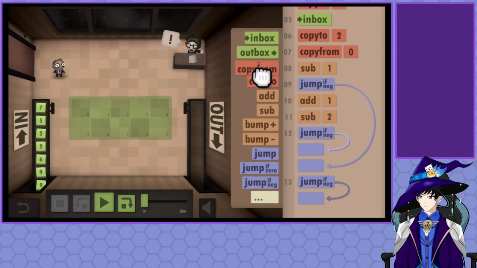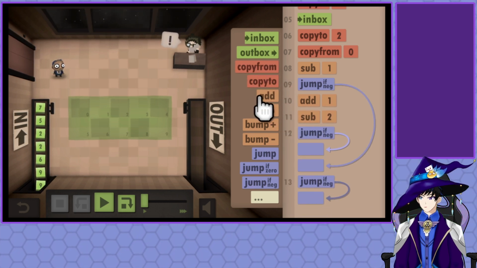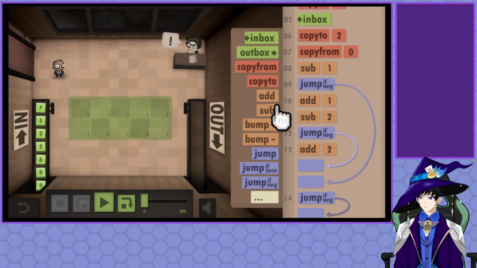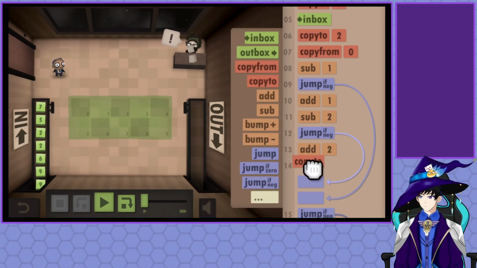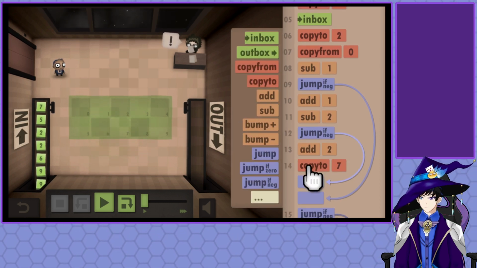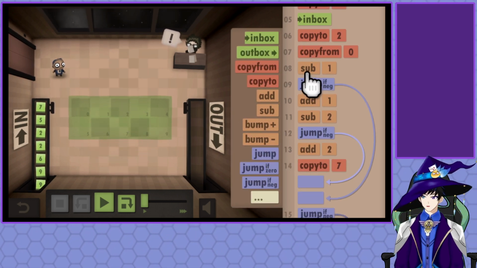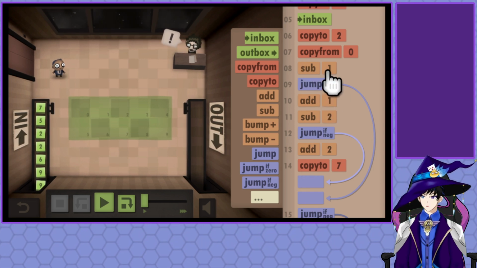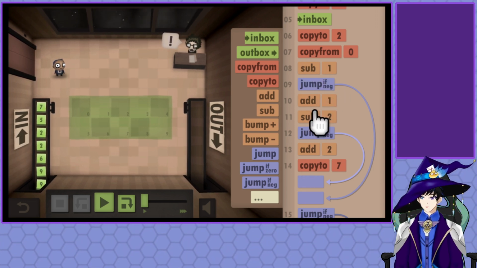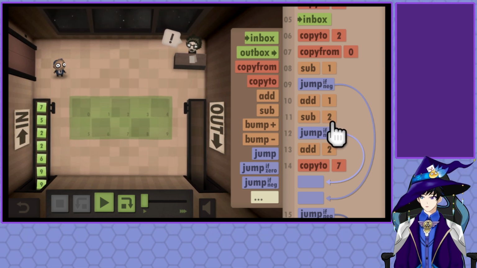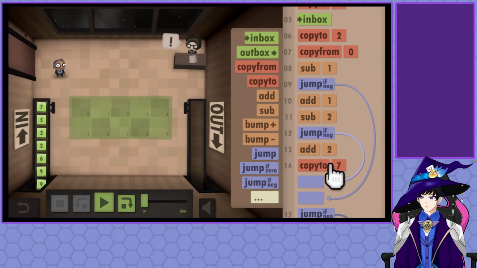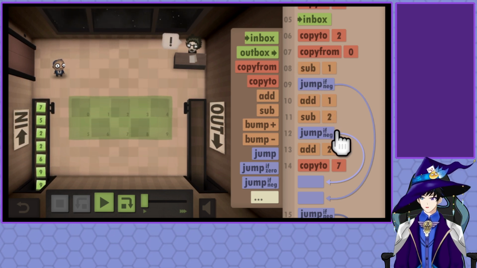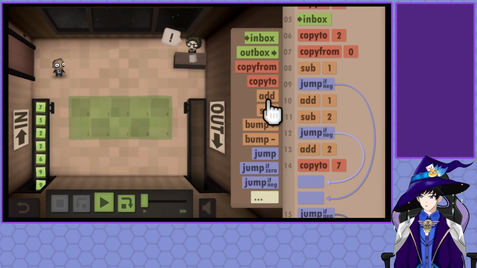Copy. No. Let's see. I want to add 2. Then I want to copy 2, 7. Okay. So in this situation, if number 1 is the biggest, it will go through option 1. It will be positive, so it'll go through here. Option 2, it'll be positive, so it's going to go to 7. But if it's positive in the first one and it's negative in the second one,